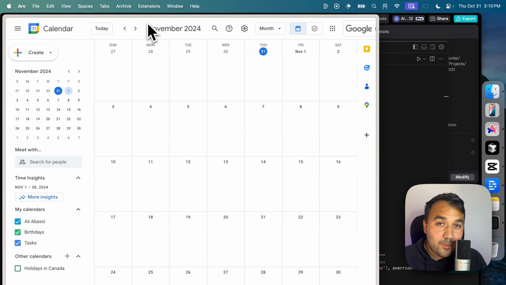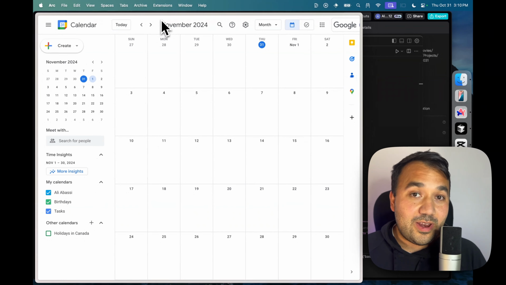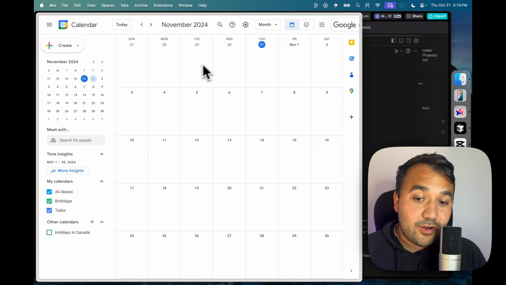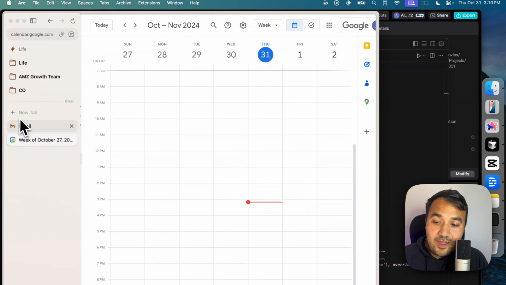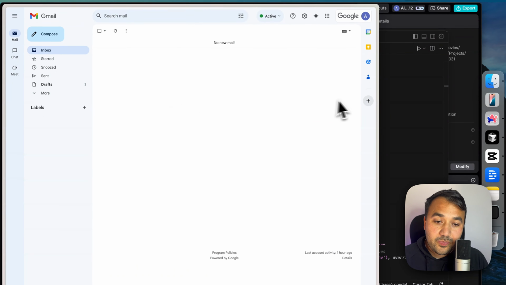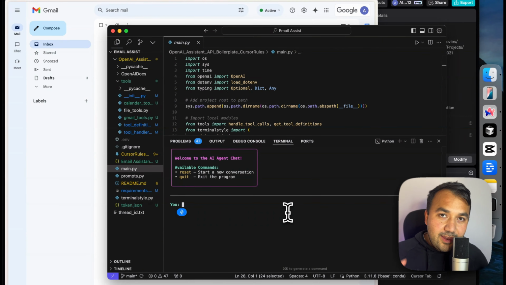Instead of telling you what I'm going to build, I'm just going to show you what it does. This is my calendar, which is completely empty. Let's go on the weekly. And then this is my email, which is completely empty. Now I'll run my code, send an email to